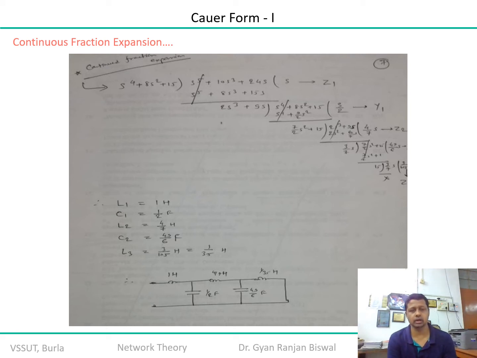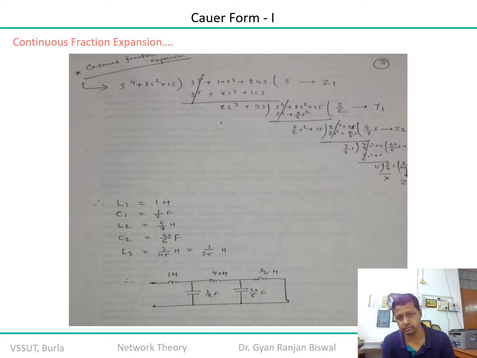So first s is equal to z1, okay, so you apply this. Now I hope that you all must have got the solution, and if you see that your z1 is represented by s, your y1 is representing s by 2. So that means it is equal to 1 by c. Your all impedances are the inductive elements, and admittances represent the capacitive elements. So your y1 is equal to s by 2, so your c is equal to 1 by 2 farad. Understood? Because in the admittance function, s comes in the numerator. Similarly, the next is 4 by 7 of s, so your L is equal to 4 by 7 Henry.